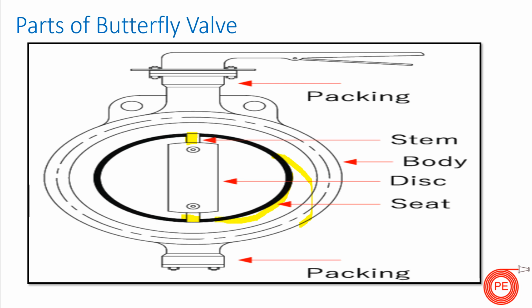In order to avoid leakage, this seat is used. This seat makes a leak proof joint here. In the case of butterfly valves, or any other valve, if this seat gets cut, there will be metal to metal contact and leakage from the valve will start. And this is again the packing. The packing will again stop the leakage. This is the connection between the body and the handle of the valve. So again, this is the cross section of a butterfly valve.